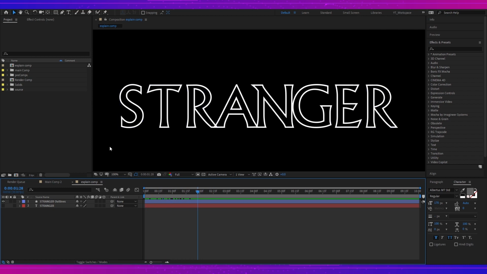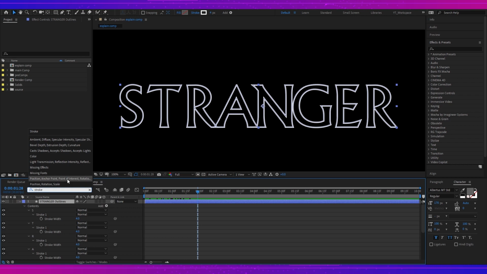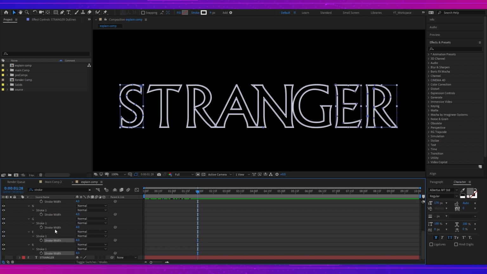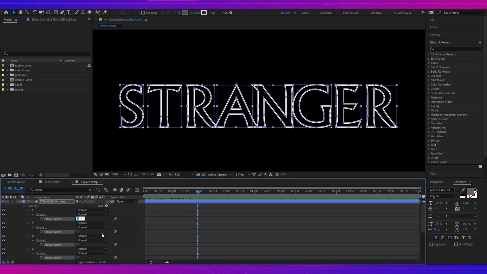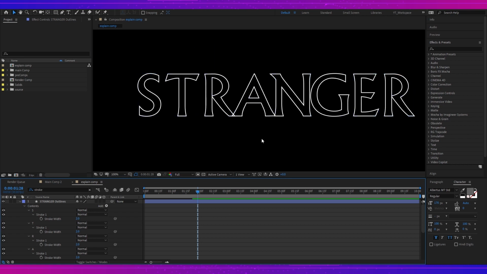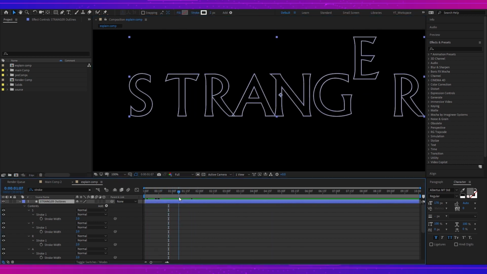And now let's select the stranger shape layer. Go here and type stroke, and see all the stroke widths here. Just select all of them and say 2.0. Now it will be good. First of all, I'm gonna work with a G, and to do so, at this point